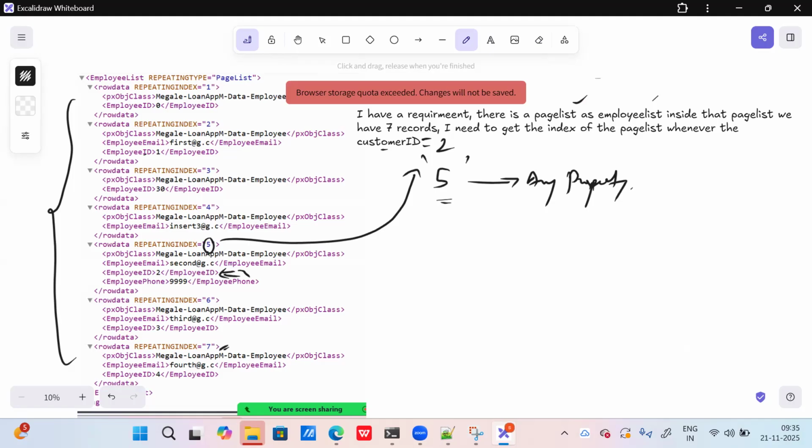Okay. So for any page list, if you are talking about the entire structure of a page list, remember this point. Whatever value is needed may be present at some place, so I need to check it, and for that we need to loop.